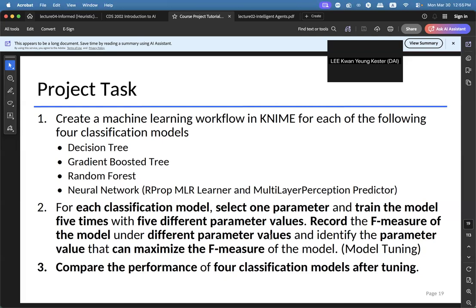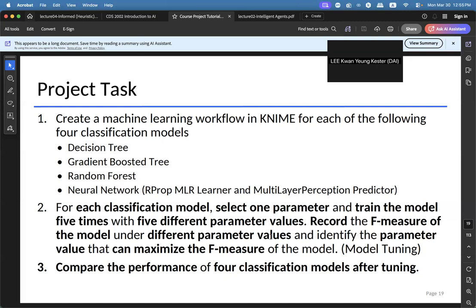And for the 5 versions of the single model that you trained, you record the F measure of the model under the different parameter values, and then you need to identify the parameter values that can maximize the F measure of the model. Okay, and that process is called model tuning.